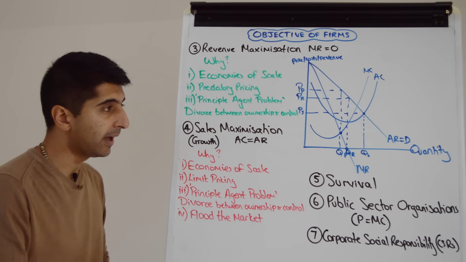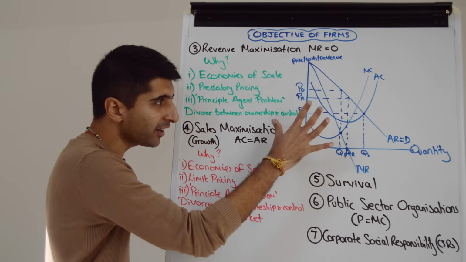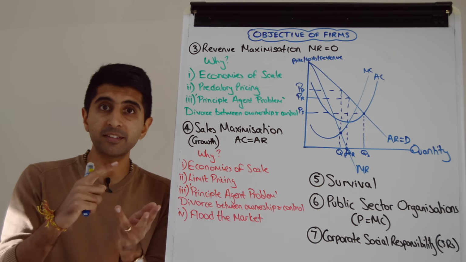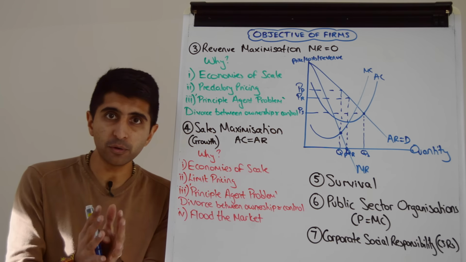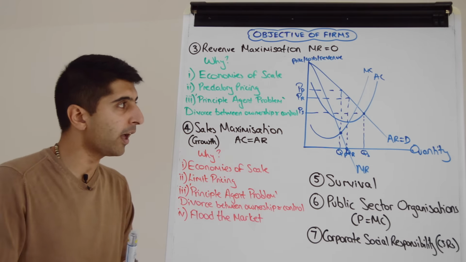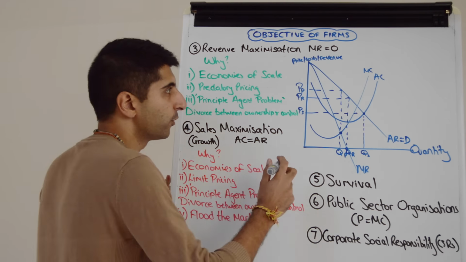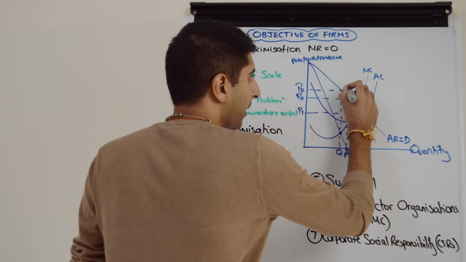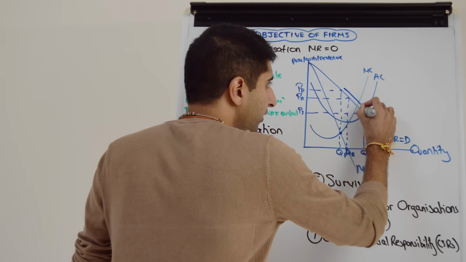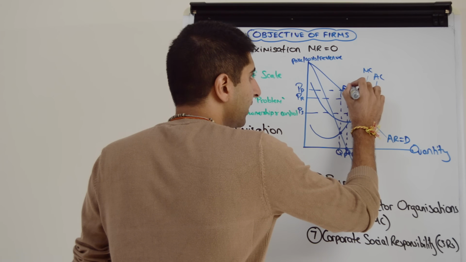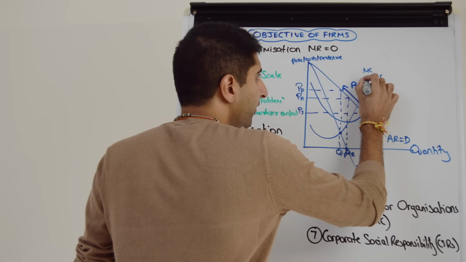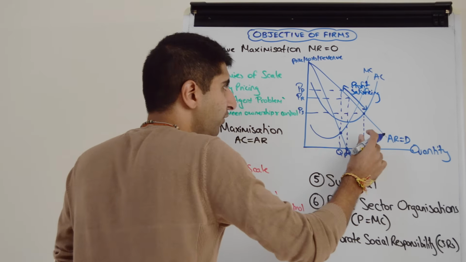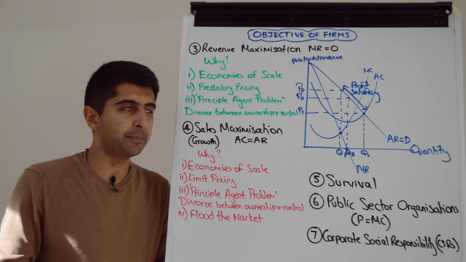Three major objectives there. But to sum up, guys, this is such an important diagram. Those first four objectives of profit max, profit satisficing, sales max, and revenue max are absolutely fundamental, and all of those can be shown on this diagram. We can add satisficing on as well. So satisficing occurs at any point between profit max and sales max. So anywhere in this quantity range here. And we can say that anywhere within there is profit satisficing. So that is your very powerful diagram, which shows all the key objectives of firms.